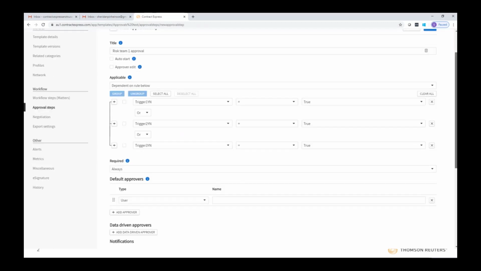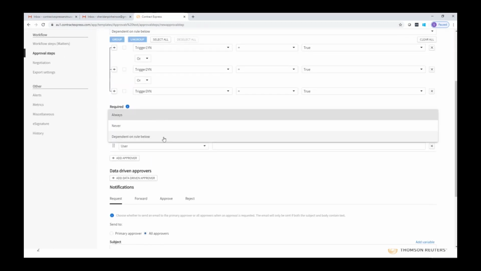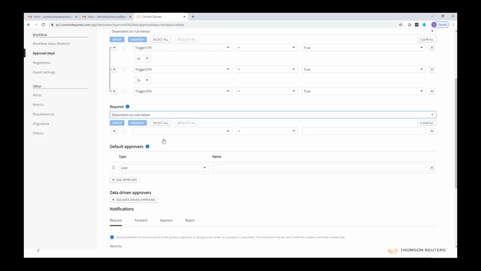So in this case, I want my approval step to be required dependent on a certain rule, being that the user has selected the approver to be Risk Team 1 when answering the questionnaire. I'll choose Risk Group Approving Select as my trigger variable here, choose the equal sign in the next drop-down, and I'll type Risk Team 1